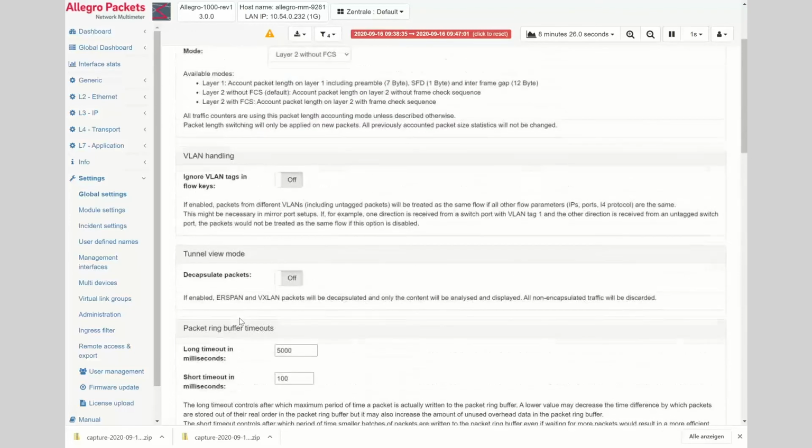And then in the tunnel view mode, the Allegro will look into the tunnel. We implemented that. It's also in the release notes for 2 static ports, one from IANA, and of course Cisco uses a different port. And so both tunnels have been tested on customer sites and they're working.